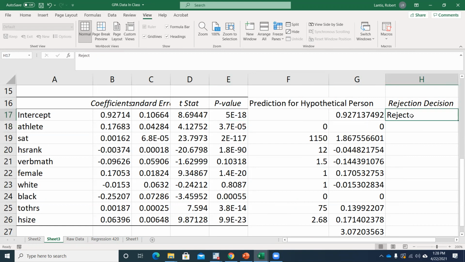Well, let's just do what we've done with the other hypothesis testing. Let's use an if statement. Just going to delete this. So if that p-value is less than,